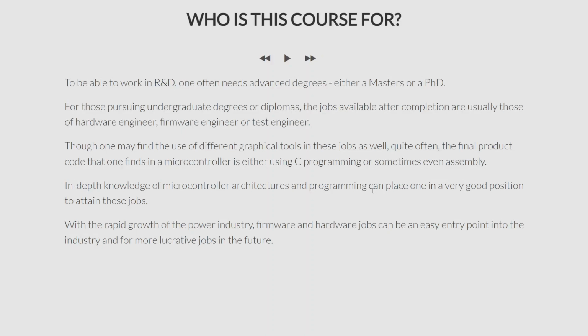Now, the problem is this: to be able to work in R&D, one often needs advanced degrees, right? Most often you need a PhD, and sometimes even a master's will do, but quite often you need a PhD. Now, this is a problem because for those who are pursuing undergraduate degrees like a bachelor's in engineering or diplomas,